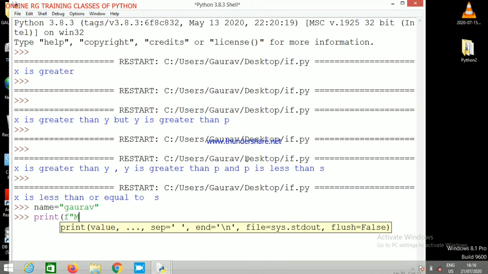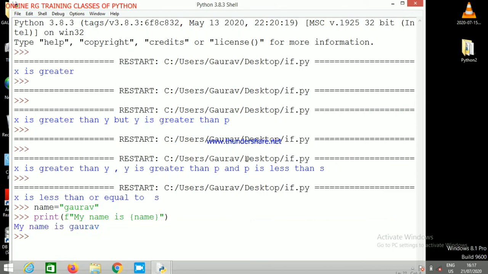f"my name is {name}", like this. So here we are going to close it, and then my name is Gaurav. So this is the other way of printing on screen.